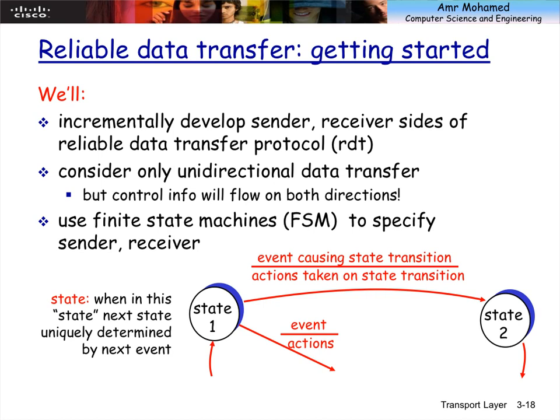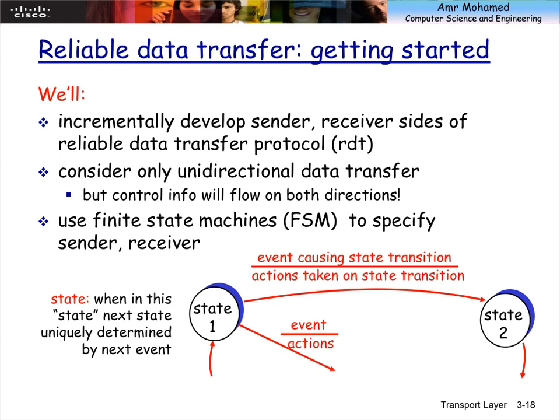This system can take multiple states, and when the system is in a state, it interacts with the environment based on certain events. So when I'm in this state and there is an event, then I need to do something, and in doing this, I might have to transition to another state. That's what it means.